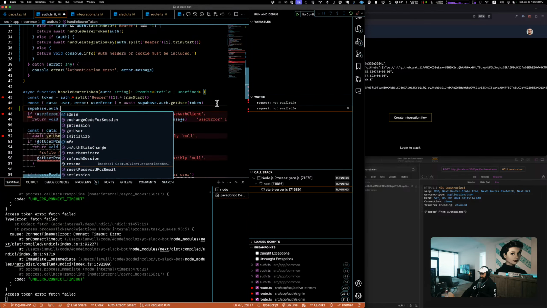I wonder if I'm using the right function. Figured get user would be the thing to use. Sign in with OAuth, sign in with OTP, sign in with ID token.